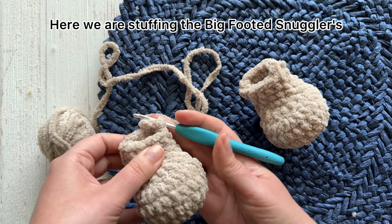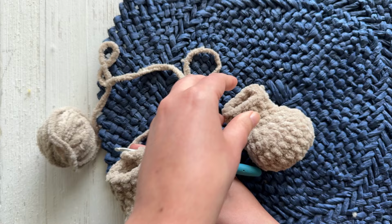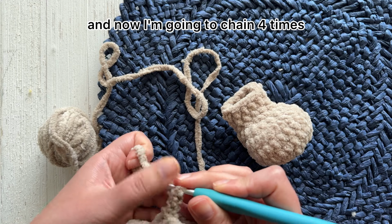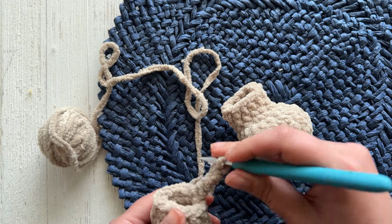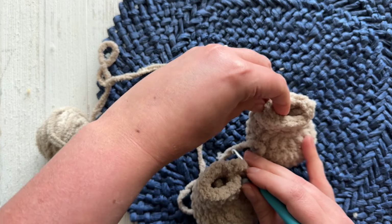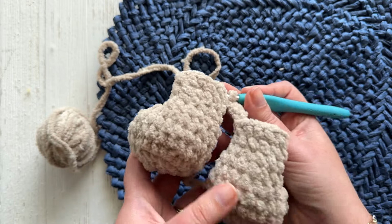Here we're stuffing the Big-Footed Snuggler's feet together. So I've finished the second foot and now I'm going to chain 4 times. And then I'm going to attach it to the other foot, trying to make sure that it's lined up with,